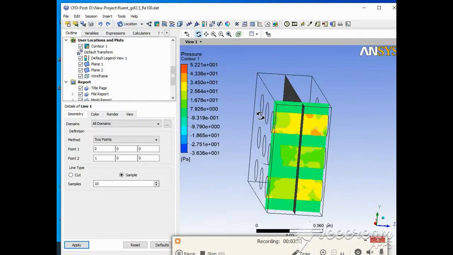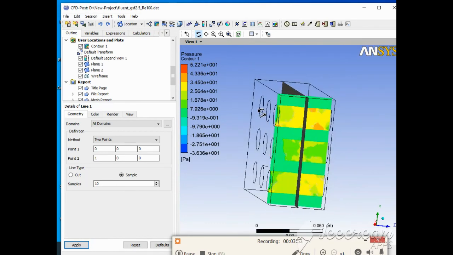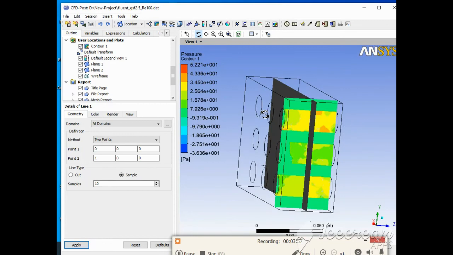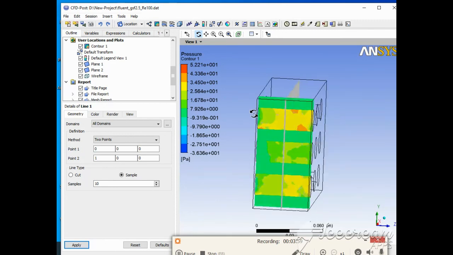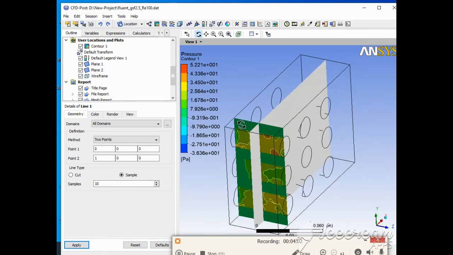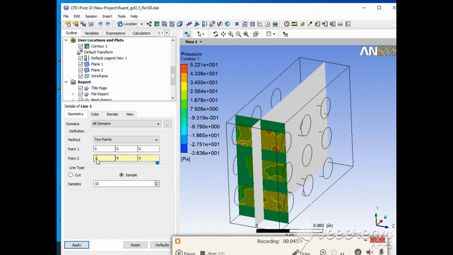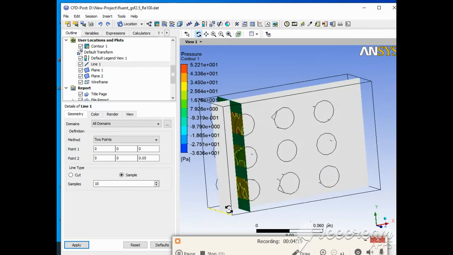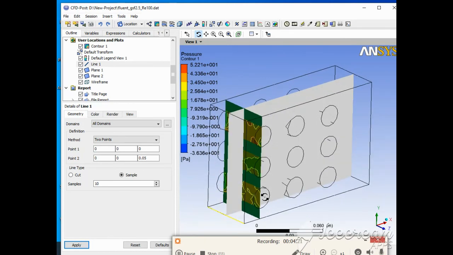then this line varies from, see, I need to take the line in one pipe at least, so you can say 0 here, x 0, it is along this head, so 0.05. Let's see where I'm getting. Yeah, here I need to shift this line inside the pipe.